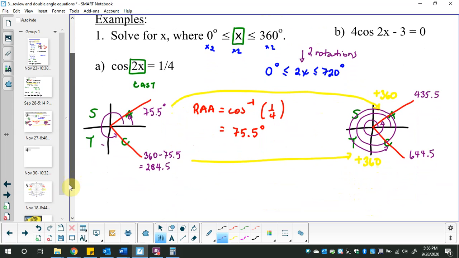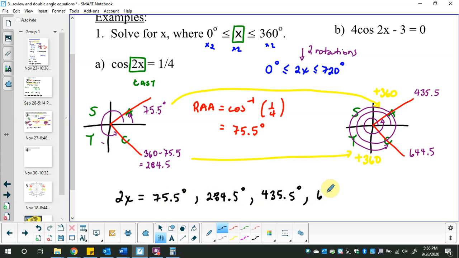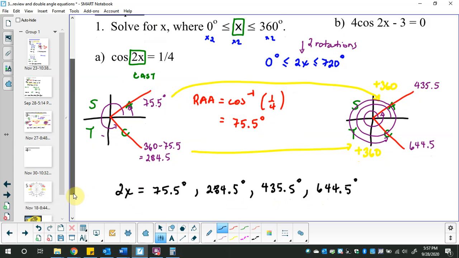The problem is, these answers are not for x. These answers are for 2x. So 75.5 degrees and 284.5 degrees and 435.5 degrees and 644.5 degrees, which means we aren't done because the question said solve for x. So if I have to solve for x,